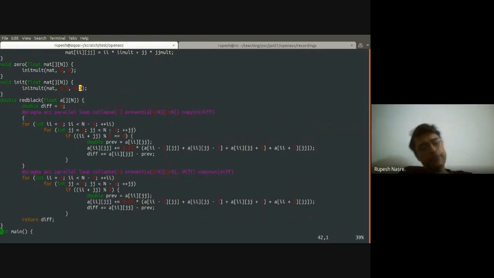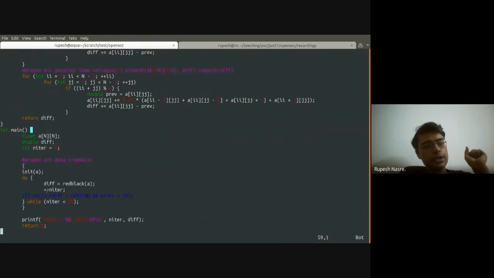But the diff variable is the one which has a slight difference across the two loops, because diff needs to be 0 when you enter the first loop, and whatever is the final value of diff after the end of the second loop nest, that needs to be copied back to the CPU, because you are going to make use of it here. Why?